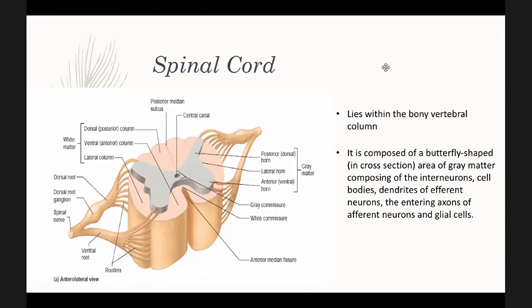So sikat na sikat si dorsal root ganglion. We've been talking about this in the previous chapters, and this is a collection of cell bodies outside the central nervous system. And that's the entry of those sensory fibers coming from the periphery. Whereas the where the efferent pathway